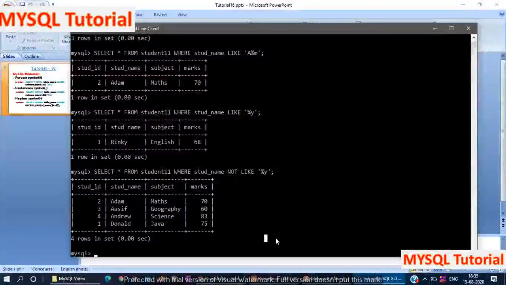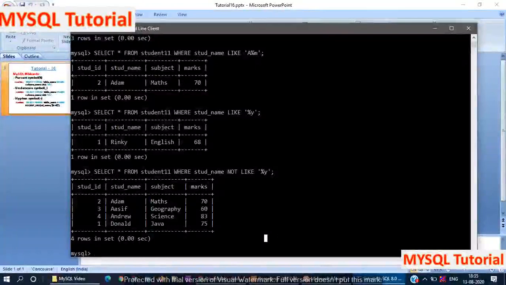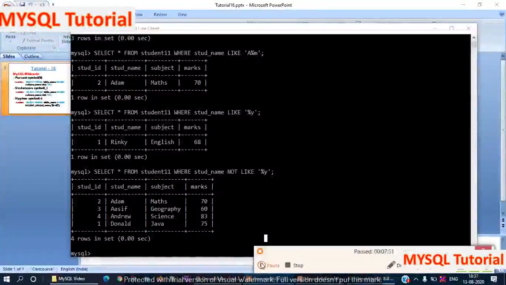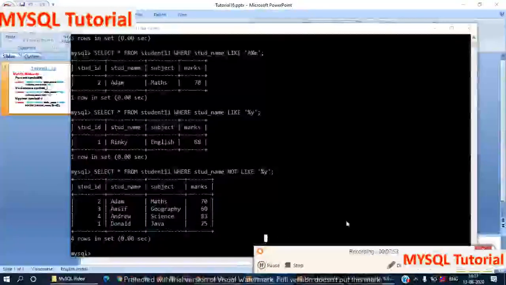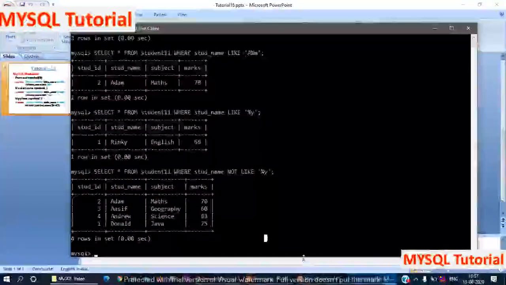The underscore matches only a single character or a single value. Here you can see how I perform the query on the underscore symbol. We already know the underscore symbol only matches a single character.